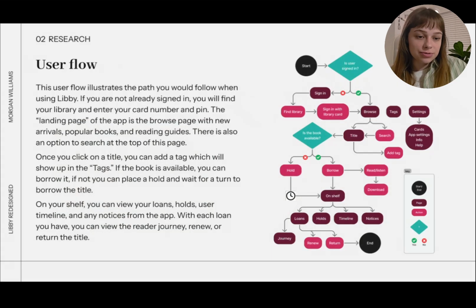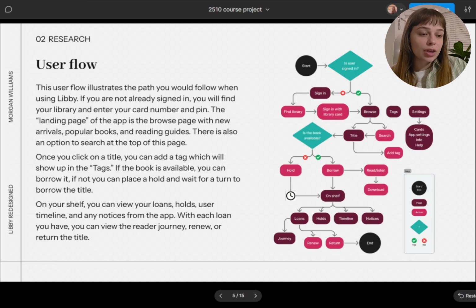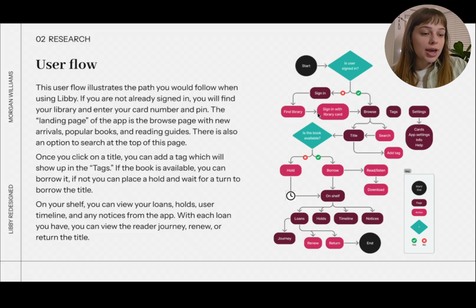I've also created a user flow that outlines the most common path that users would take when using Libby. They will start by signing in, by searching for their library and entering their library card information. They'll then enter the browse page where they can search for titles or view lists and collections. If they find something they enjoy, they can place it on hold if it's unavailable, or borrow it if it is available, and either directly read or listen to that book or navigate to their shelf where they can